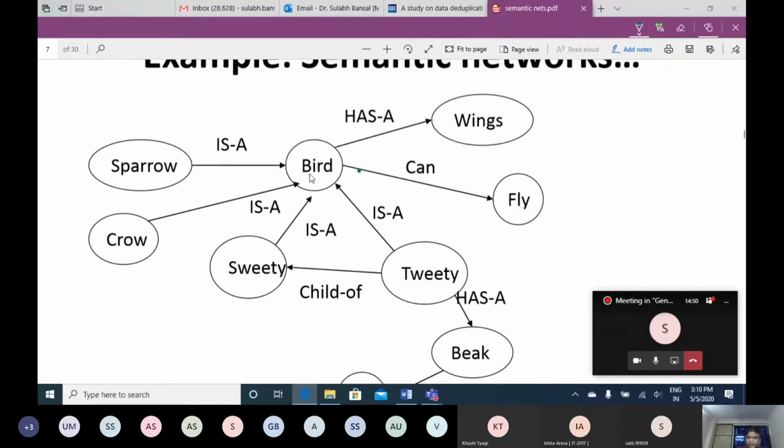Parent class is supposed to be a superclass of the child class, and child of is representing a relation which is directly like the parent child relation of two entities, two human beings, or two living things. So this child of is a property which is different than the is-a relationship. The is-a relationship basically represents a